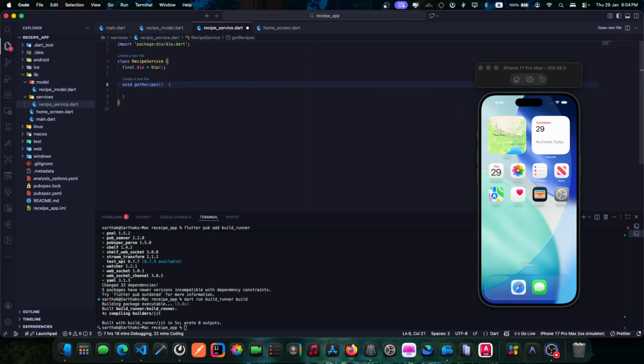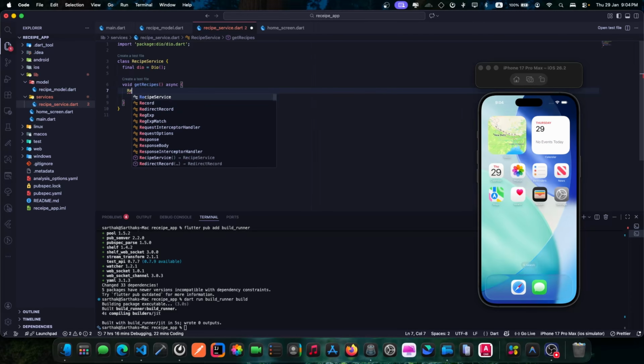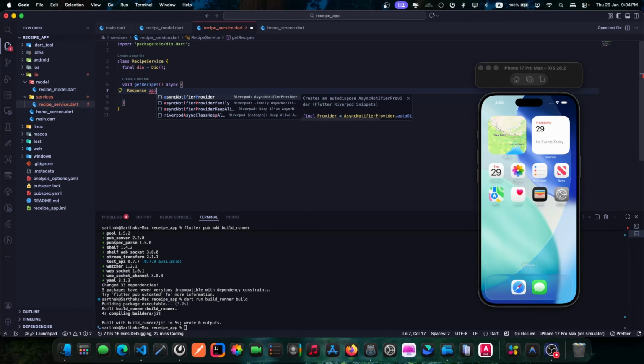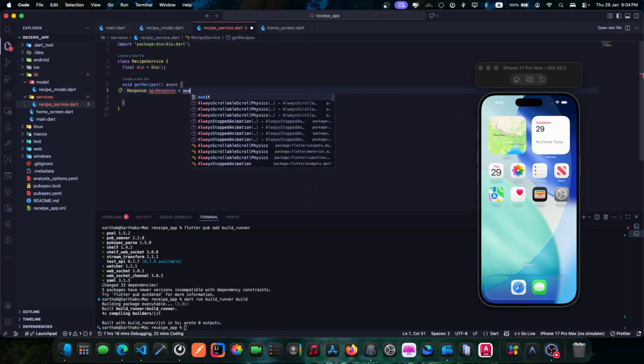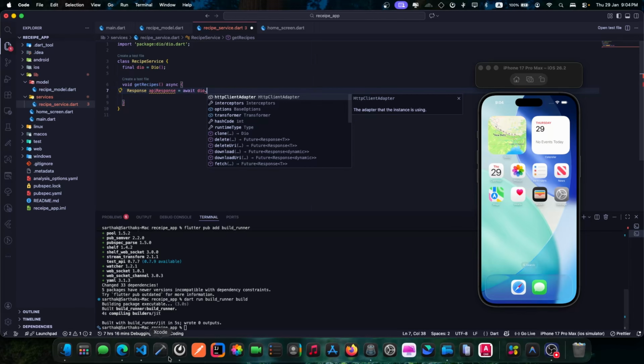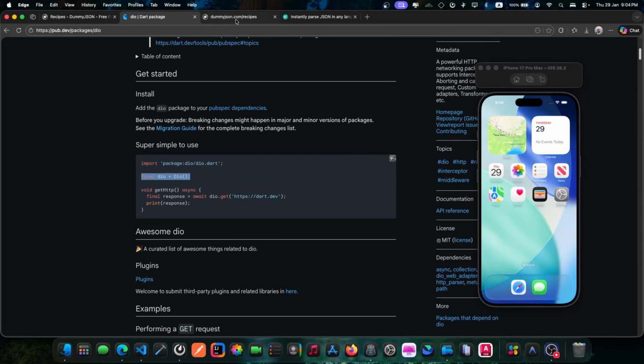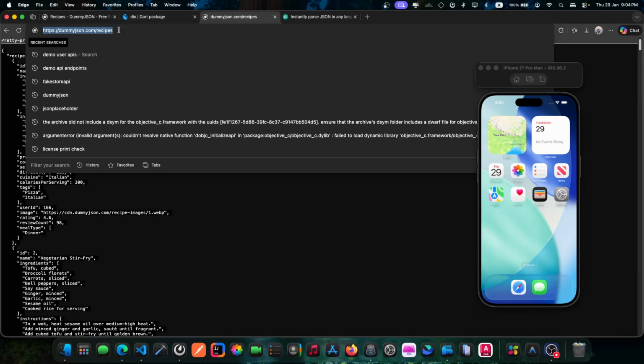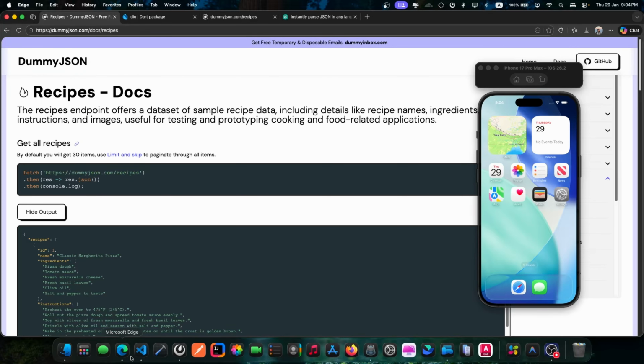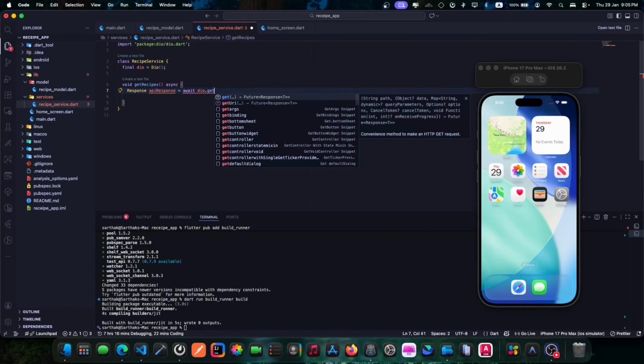So this will be an async function, and while actually calling the API we will use the await. So let's get into it. We get a response: API response equal to await dio. Basically this API endpoint is a get endpoint, so we will do dio dot get